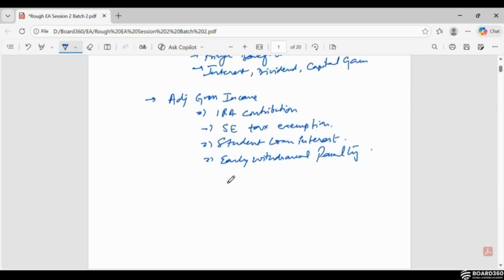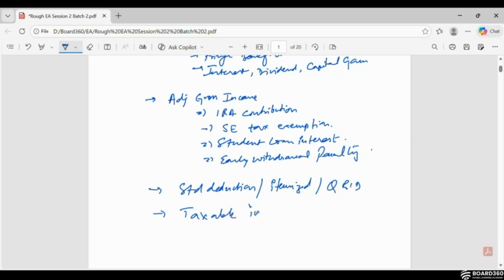So once AGI is calculated by deducting the adjustments from the gross income, you have certain more deductions available, like the standard deduction, itemized deduction, and qualified business income deduction. Once you deduct all of these from AGI, you get taxable income,